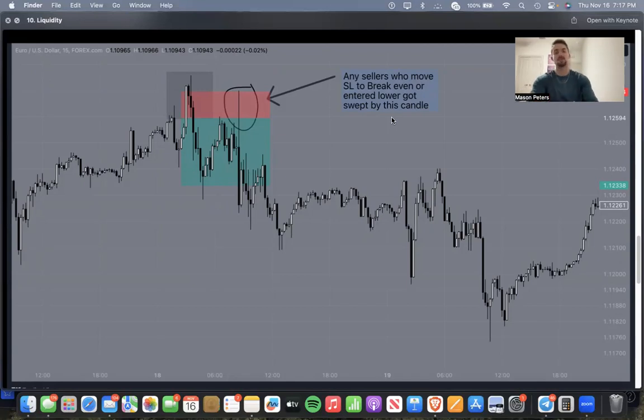You're gonna hear me say this a lot on these calls. This is why this is a very important topic. Liquidity sweeps. This was a low time frame liquidity sweep on the 15-minute. This candle right here was a liquidity sweep. This candle, and this candle, and this candle, all liquidity sweeps, because that is how the market moves.